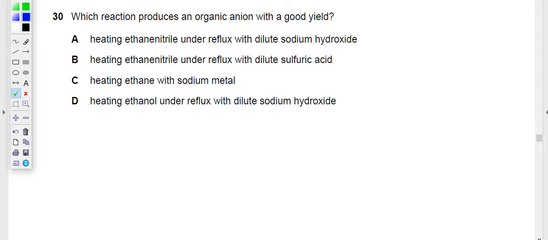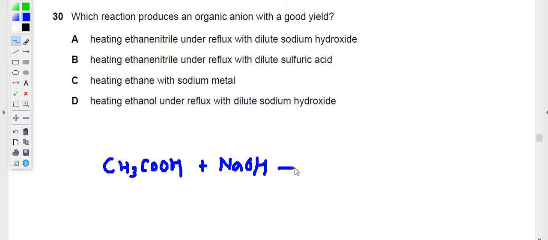Now, what is an organic anion? For example, I have carboxylic acid. Let's say I have carboxylic acid, ethanoic acid. Ethanoic acid can react with a base. Let me put sodium hydroxide here, to form an anion,